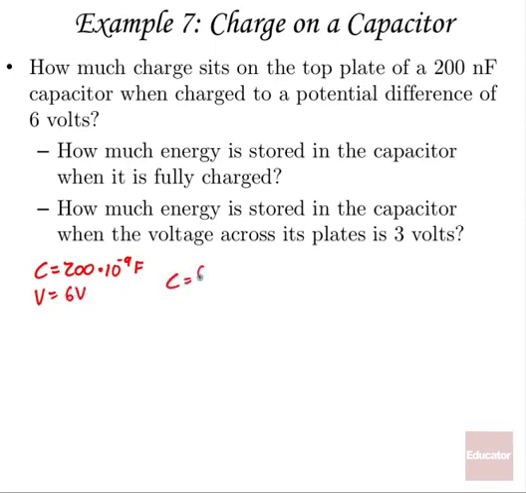So if C equals Q over V, then that means our charge, Q, must be CV, or 200 times 10 to the minus 9 farads times our potential difference, 6 volts, which is going to be about 1.2 times